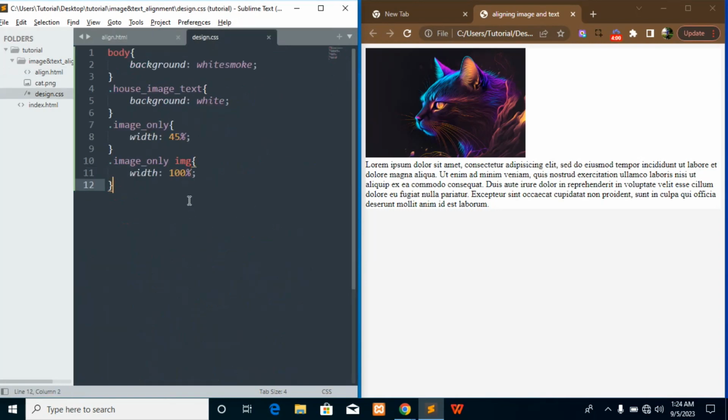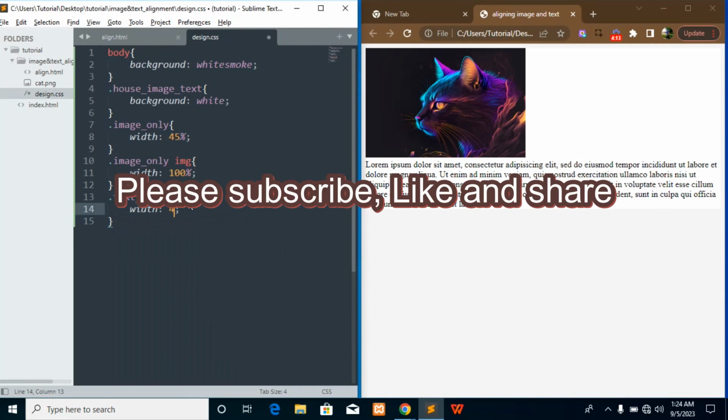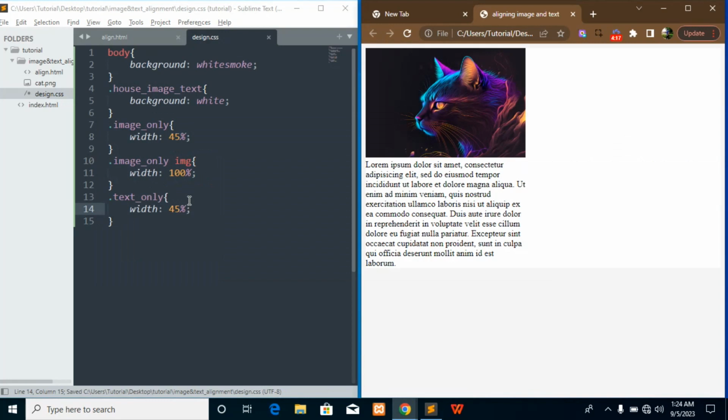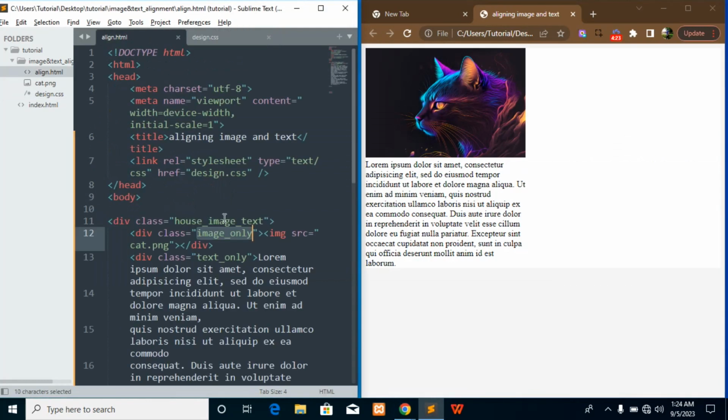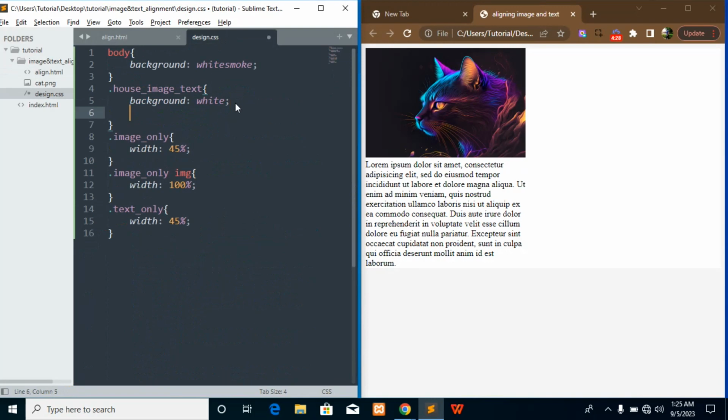And after doing that, I want to target my text only and make the width 45% also. Yes, exactly. And after doing that, this is my house_image_text. I want it to display flex.